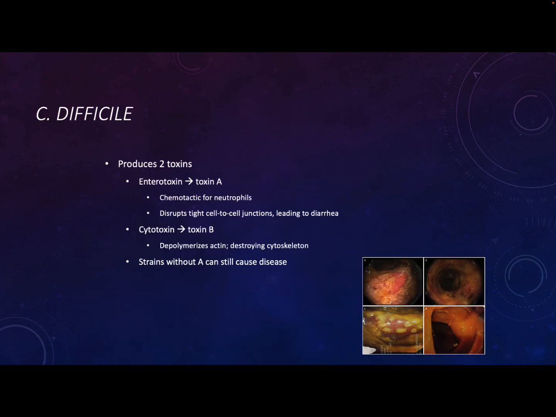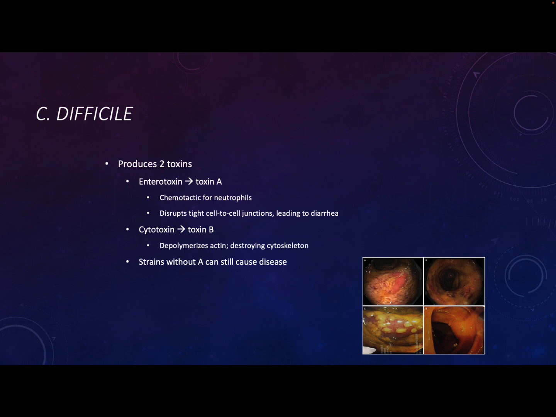So the bacterium mostly causes disease through the presence of a couple of different toxins. There's toxin A and toxin B. Toxin A is a classic enterotoxin, and the way that it works is, if you picture your intestines, you've got all of these cells right next to each other, any tissue, right? You have all the cells right next to each other, and that prevents fluid from leaking in and out. But this particular enterotoxin can disrupt those tight junctions, and that allows fluid to get into the intestines. The toxin B is a cytotoxin that destroys cells, it kills cells.